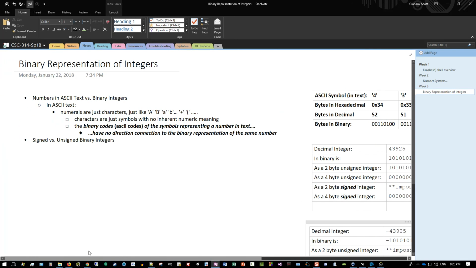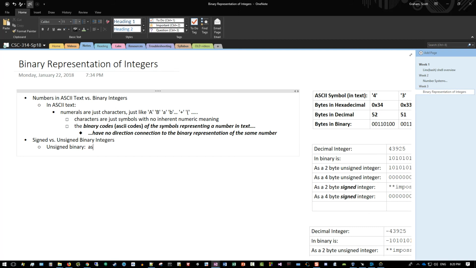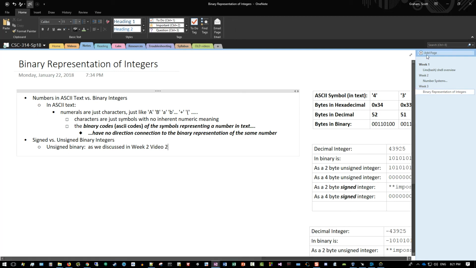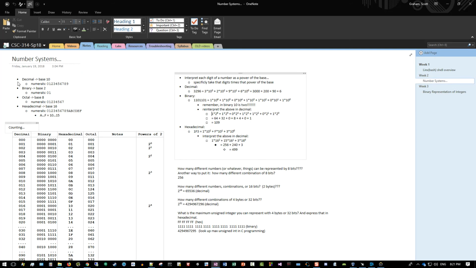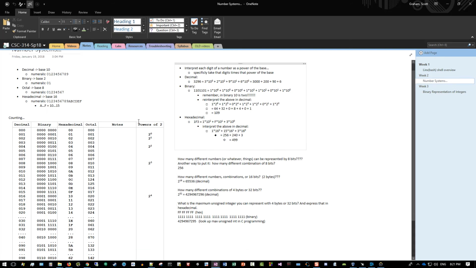That's what you do. Positive to negative, you flip all the bits and add 1, and that gets us to something called 2's complement. So for unsigned binary integers, it's as we discussed in week 2, believe it was video 2, right? Yeah, that's when we discussed number systems over here. So we pretty thoroughly beat that horse to death as far as,